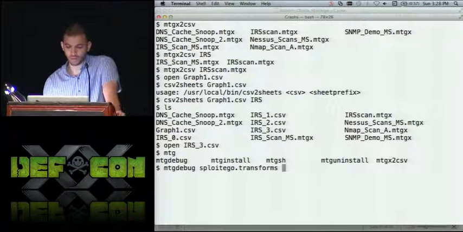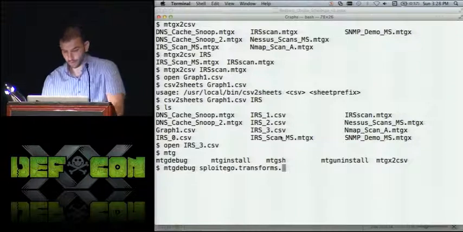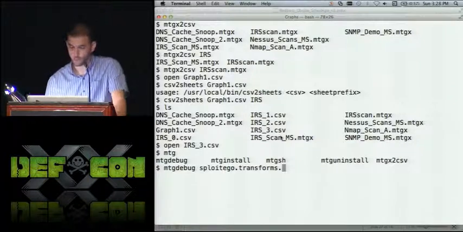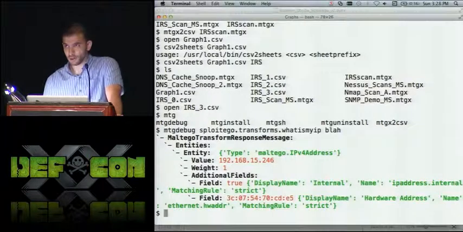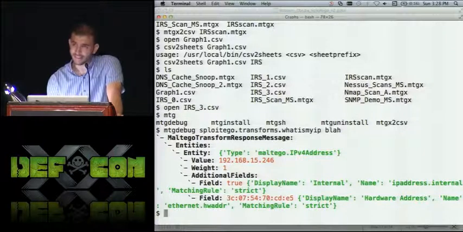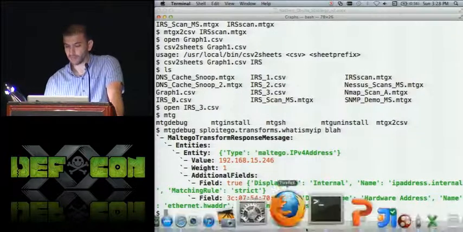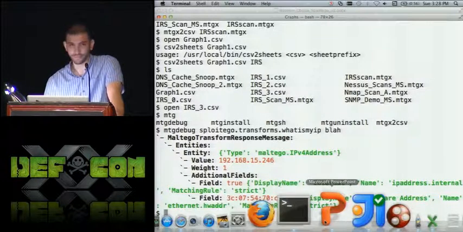This is the way Dispatcher works. Essentially, it's a command line tool. You put in your parameters, the first parameter being the transform you want. So I'm going to do a what is my IP, and in this case there's no real parameter, and there you go. There's another way of actually seeing that your script is working. In this case, it takes the ugly XML that humans aren't meant to read and puts it in a nice graphical tree for you. So just for debugging purposes, for those of you who are enthusiasts.